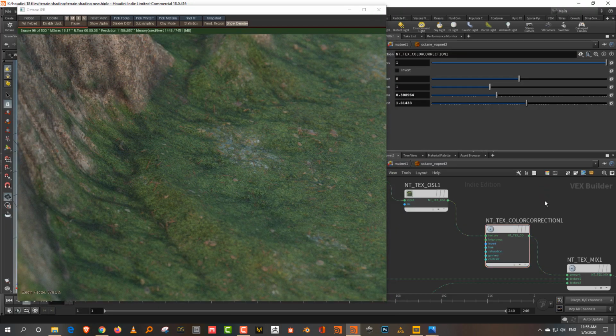Alright, so that's basically it. This is how you can do better looking terrains. But actually this would apply to anything, any kind of pattern where you want to hide the tiling. The same technique applies. You don't need to do triplanar every time. The triplanar is important for doing landscapes. But even if you're doing textures on the side of buildings, like dirt or concrete, and you don't want to see a repeating pattern, you can easily use the same technique. Or even if you want to do repeating patterns, but they should be randomly rotated, the same thing works.